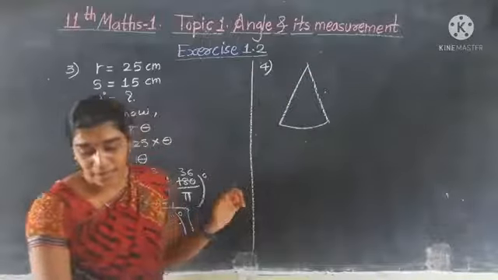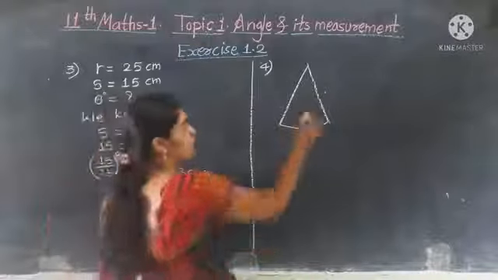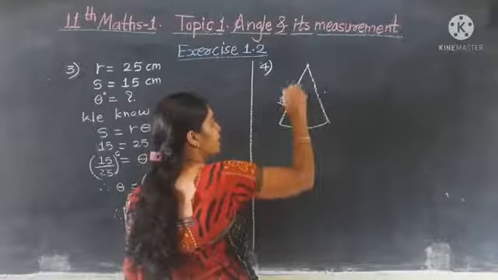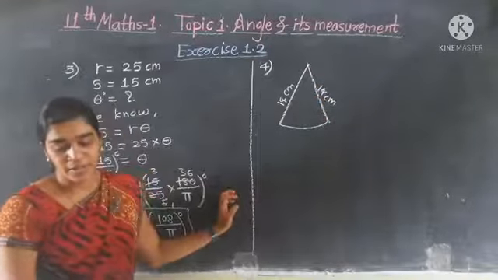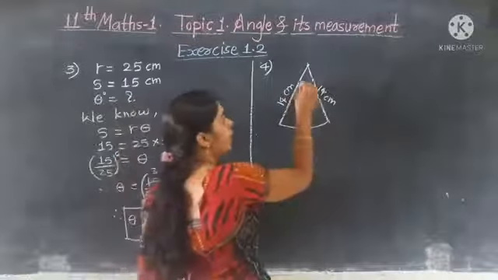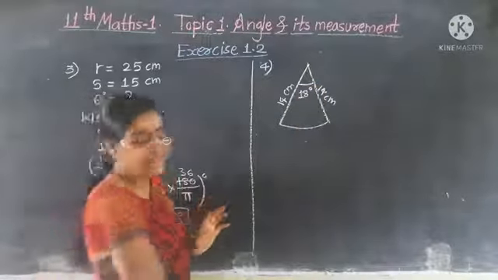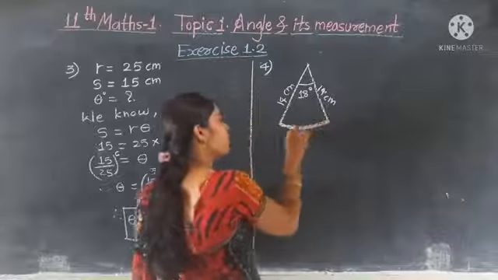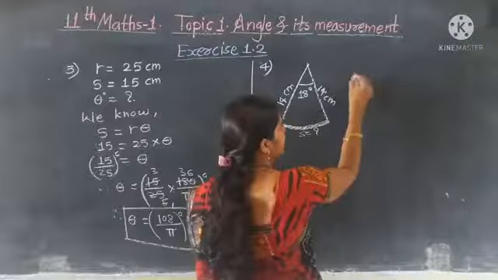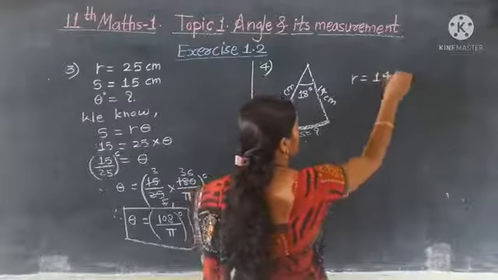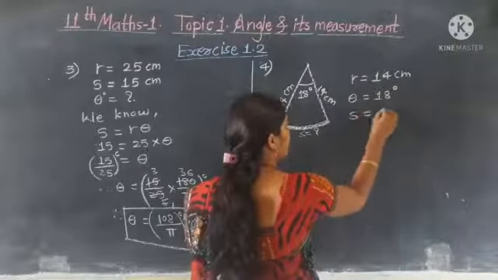ओके. काय दिले आपल्याला पेंडुलम लेंथ इज गिवन 14 सेंटीमीटर. ह्या पेंडुलमची लेंथ दिली म्हणजे काय असणार आहे रेडियस. दिस इज गिवन 14 सेंटीमीटर. ओके. अँड व्हॉट वी हॅड गिवन अँगल ऑफ 18 डिग्री. किती अँगल तो इकडून तिकडे होतोय बघा ऑसिलेट होतोय 18 डिग्रीला. वी हॅव रिक्वायर्ड फाइंड द लेंथ ऑफ इट्स पाथ. वी हॅव टू फाइंड दिस पाथ मीन्स वी हॅव टू फाइंड एस. ओके. So which are the given things? Easy. R is given here 14 centimeter. Theta is given 18 degree. We have to find S.